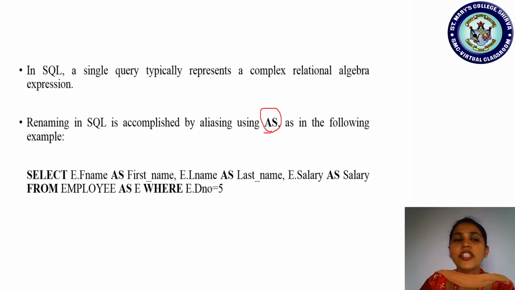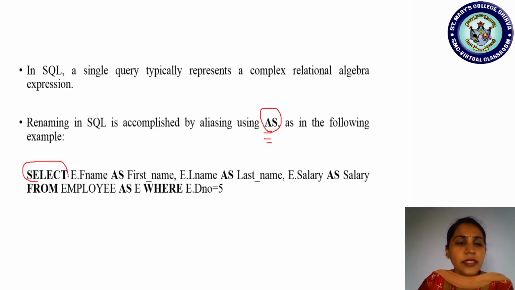Okay, so in relational algebra, we understood the notation like rho. So how about renaming in SQL query language? It is using which keyword? The AS keyword, in the following example. So now just check out here. This is an example where we are renaming both the relation as well as attributes. Okay, so just check out here, students.